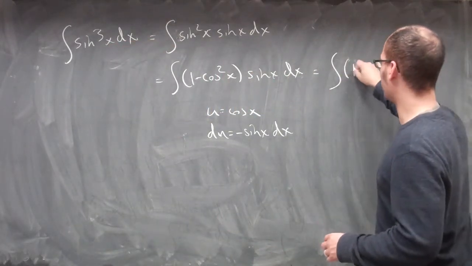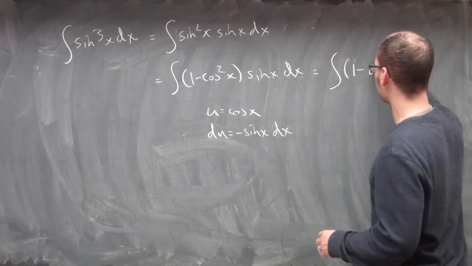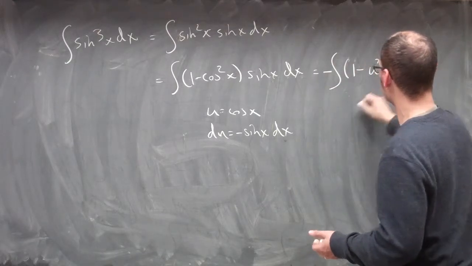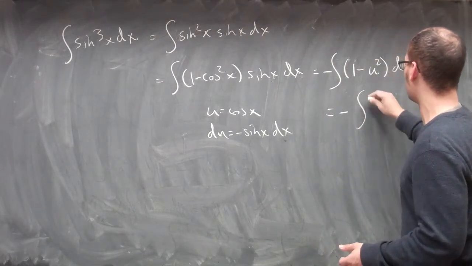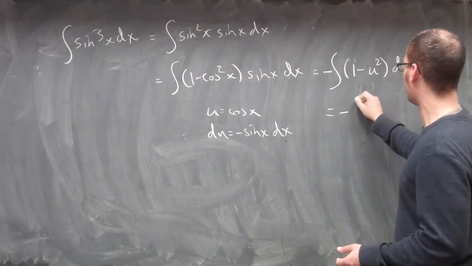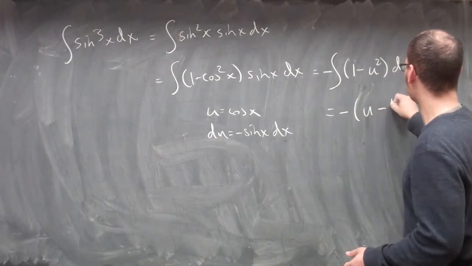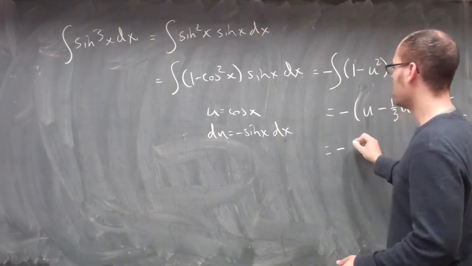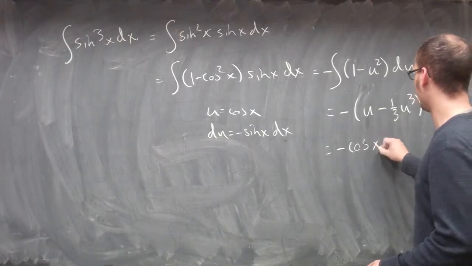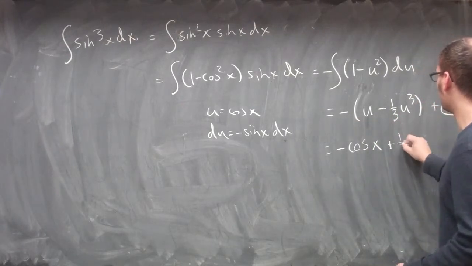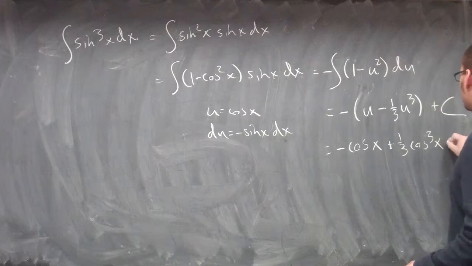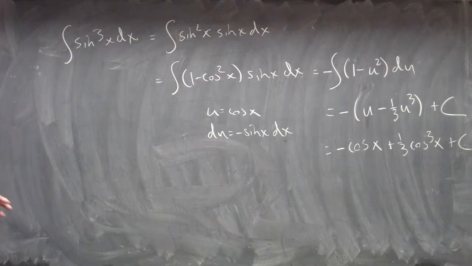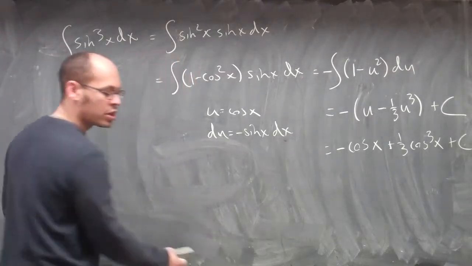And then I'm off and running, I'm home free. I got 1 minus u squared. The sine x dx is minus my du, so I get a minus sign in my du. And I can go ahead and do the integral, and I'm so happy. Everything just works out very well. I have u minus 1/3 u cubed plus c. In other words, I got a minus. What's u? It's cosine of x. Minus minus is a plus 1/3 of the cosine cubed of x plus c, etc. Everything is great. So this is a very good strategy to use, and it doesn't just work with sines and